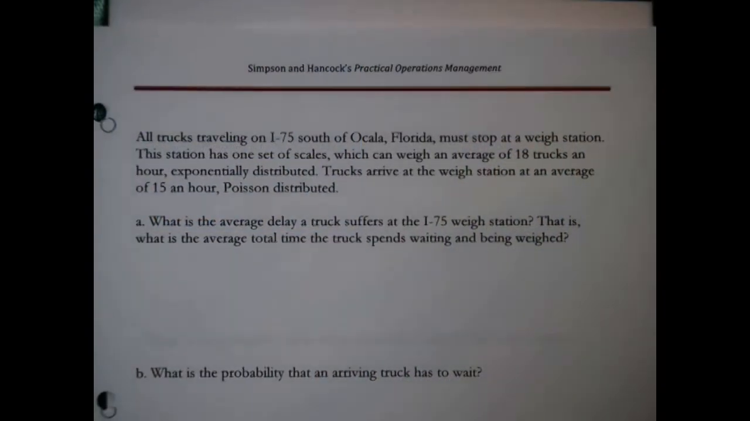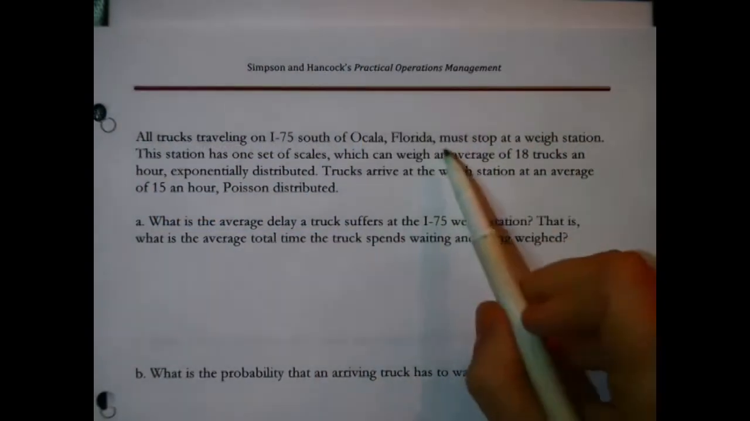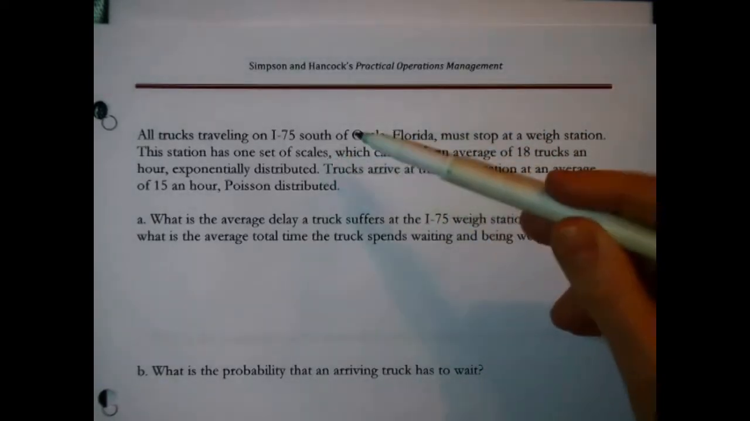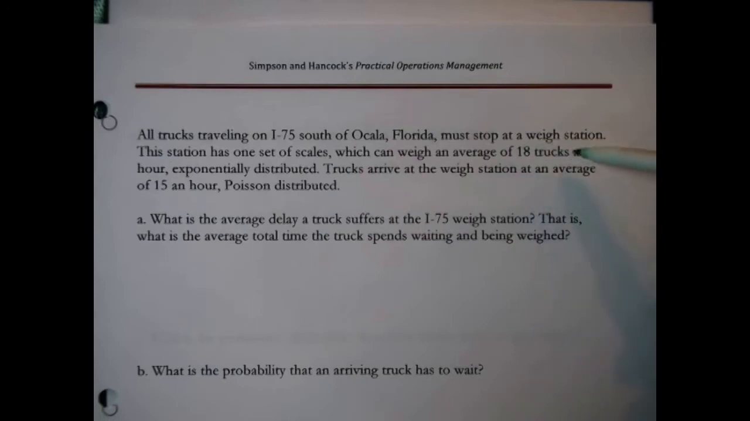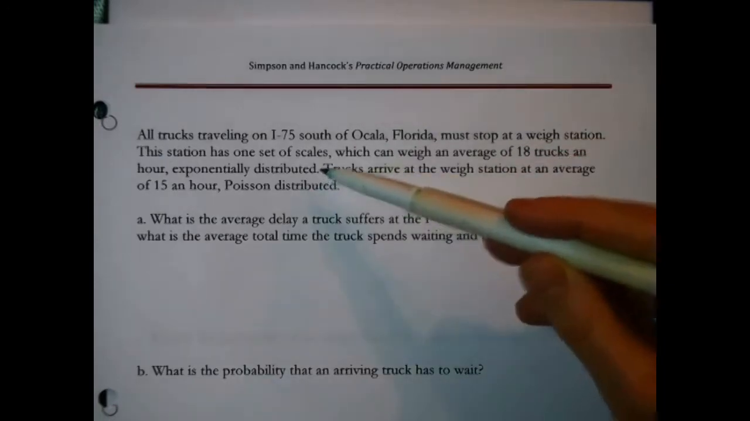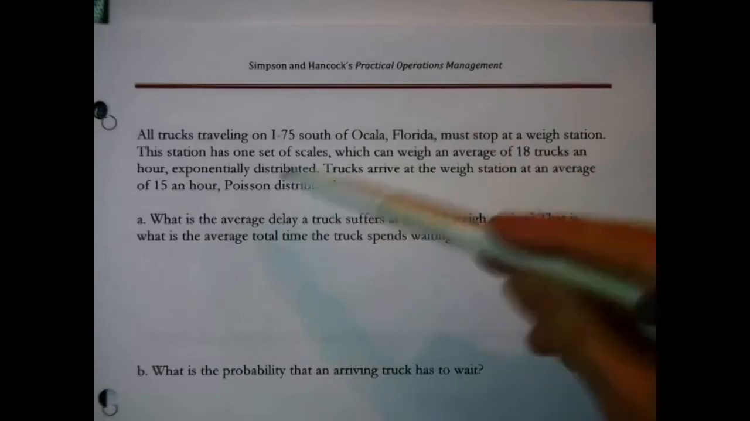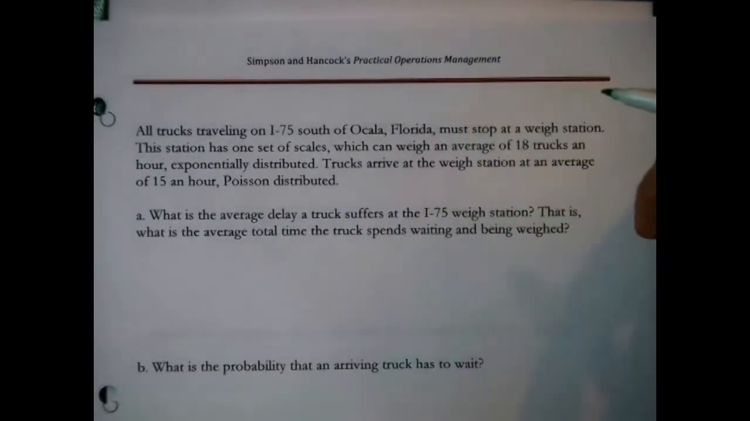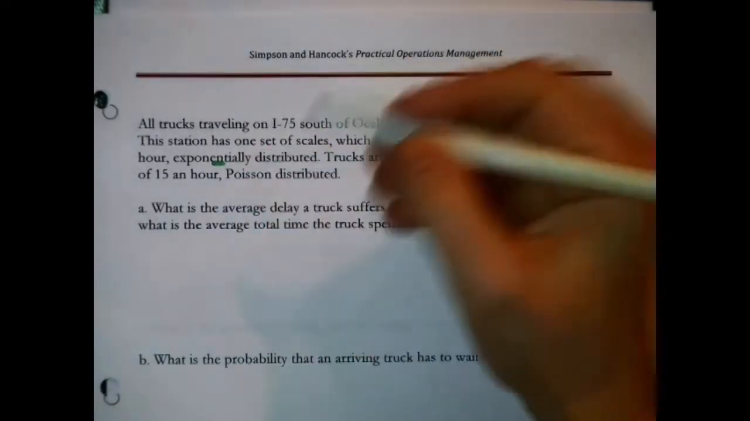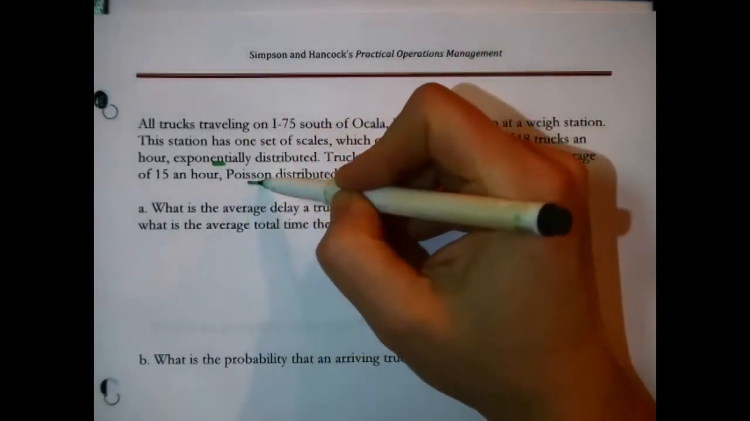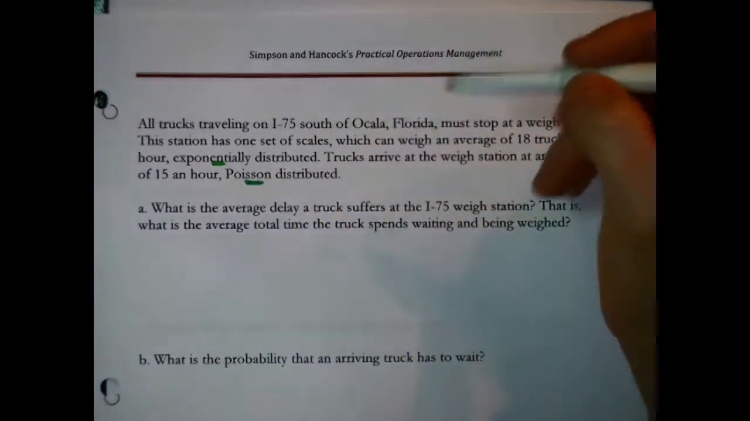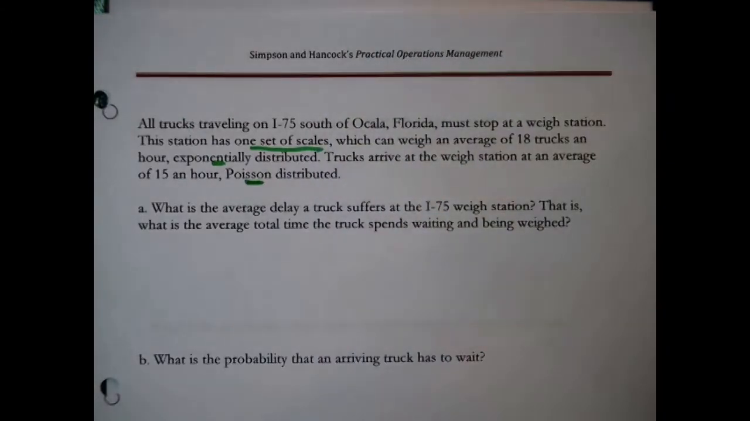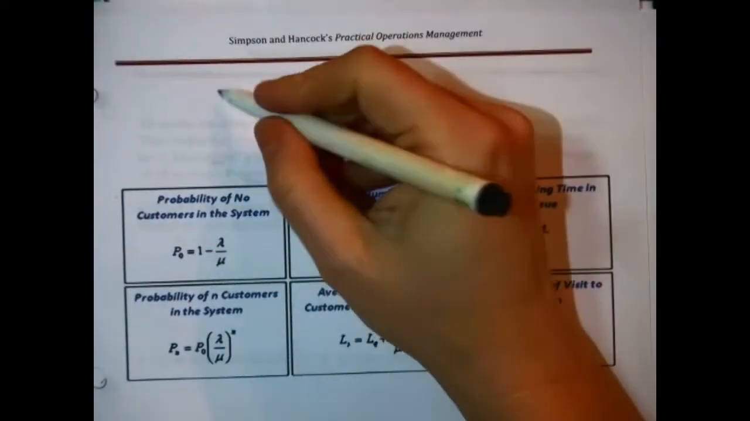All trucks traveling on I-75 south of Ocala, Florida must stop at a weigh station. This station has one set of scales which can weigh an average of 18 trucks an hour, exponentially distributed. Trucks arrive at the weigh station an average of 15 per hour, Poisson distributed. This business about exponential distribution, Poisson arrivals, and there only being one server, is how I knew with confidence that this was the so-called